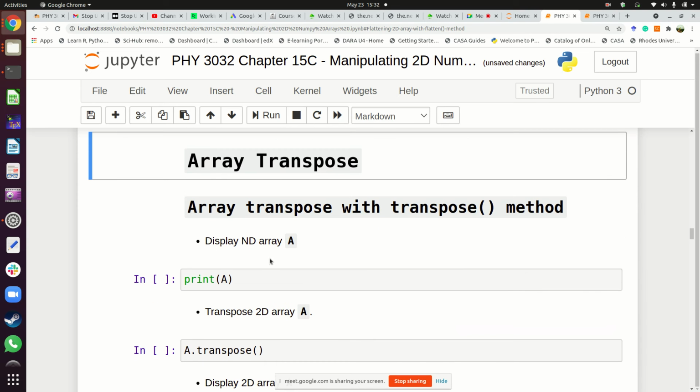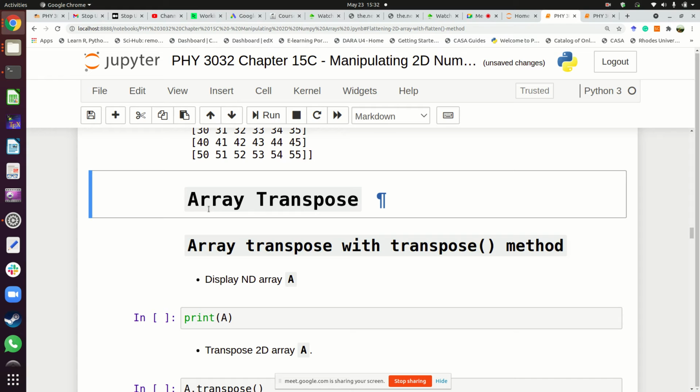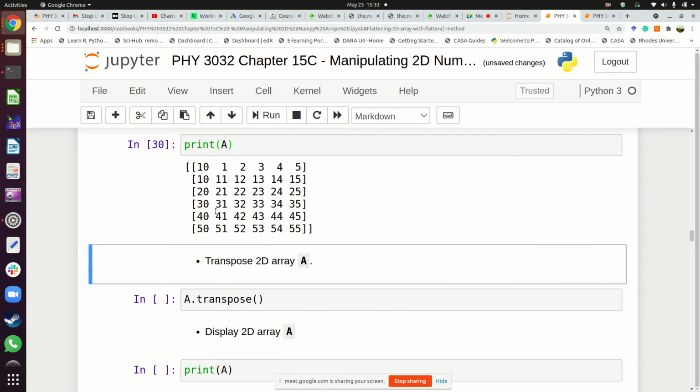Next, there's an operation you can do with an array, and this is what is called a transpose. Are you aware of what a transpose operation is? Where you switch the rows and columns, you interchange them. So in this case, this is what you have. This is our